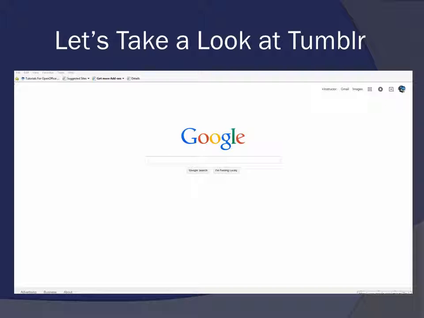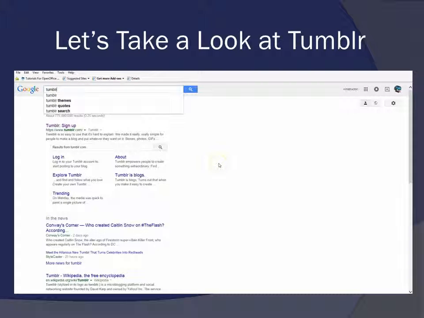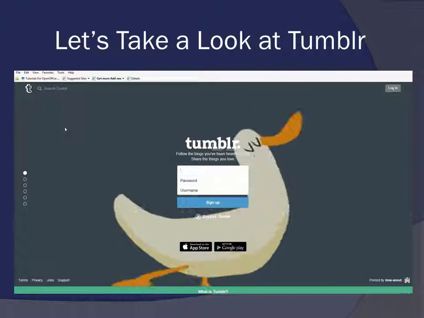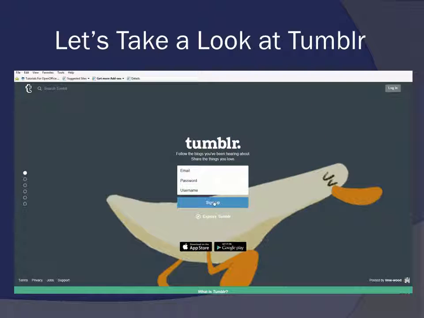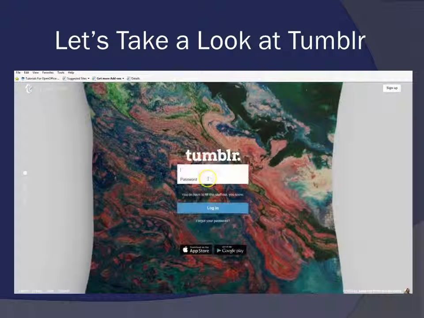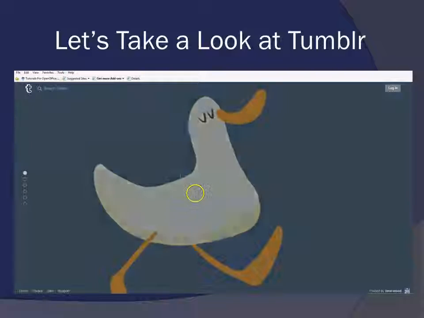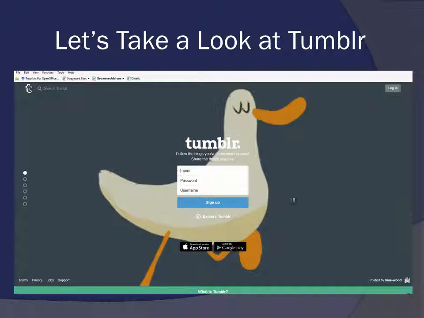Alright, so let's take a look at Tumblr, and I'm going to be honest with you, I have never used Tumblr before, so I'm just going into my search engine and I'm going to sign up, so it's going to be a whole new experience for me also, and I'm kind of excited about it because I do like creating web pages and so forth. So I want to sign up. Let's see here. Oh, actually I think that was the sign up. Okay. So let me get out of here.